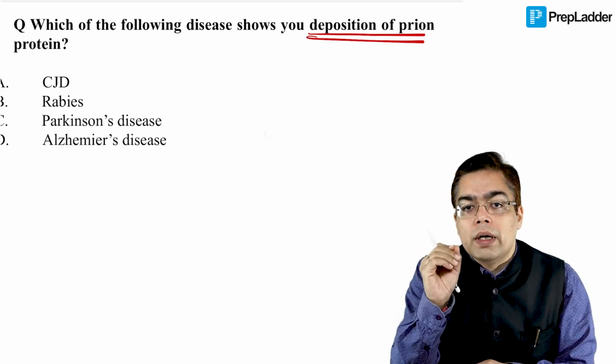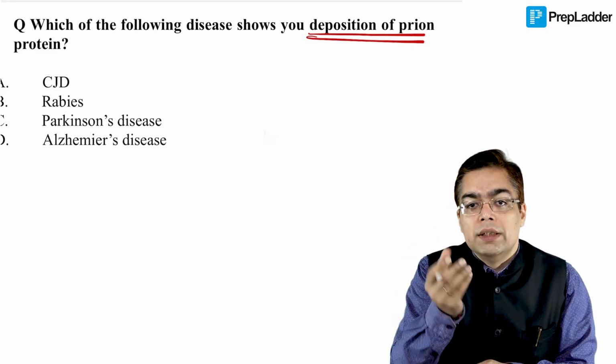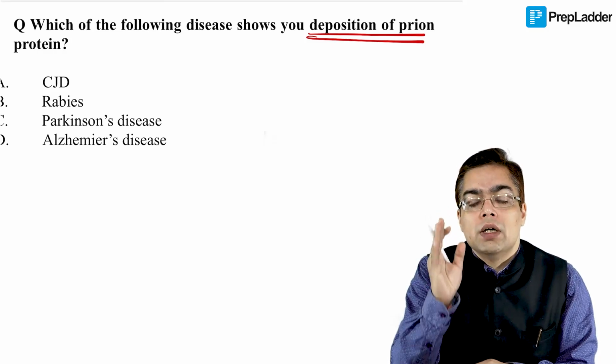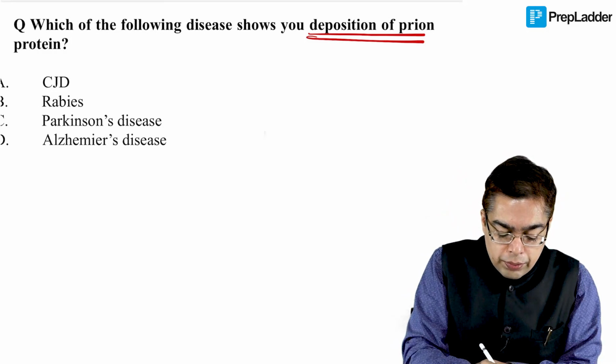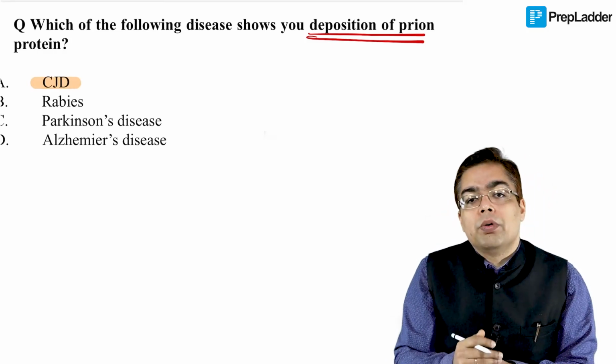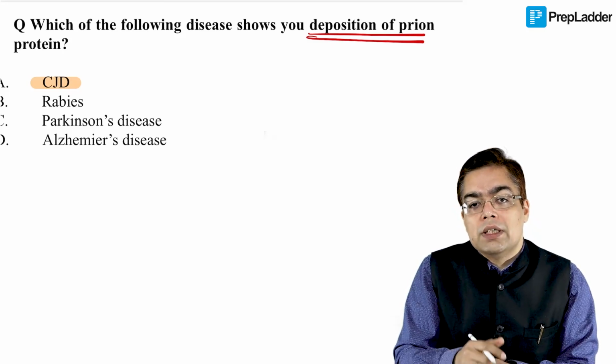So, do not be bogged down by the length of the question. Do not be bogged down by the presence of an image in a question. Just focus on your concepts. Keep on revising, and I'm sure for this question also, the answer is now clear to you. Prion disease happens to be a component of the CJ disease, and you need to be familiar with the other important examples of the conditions as well.